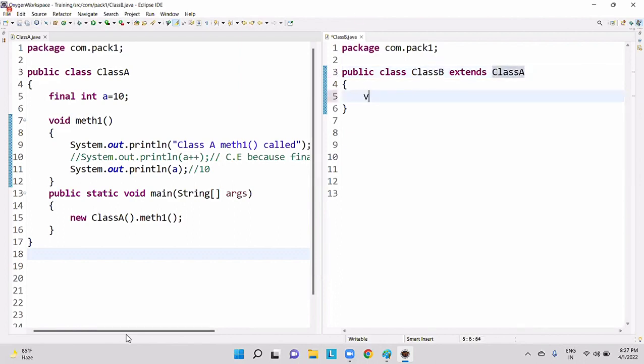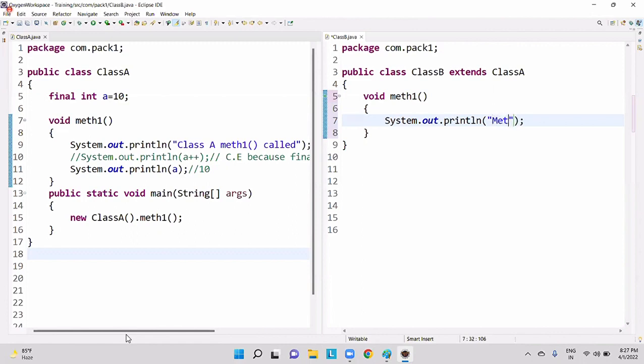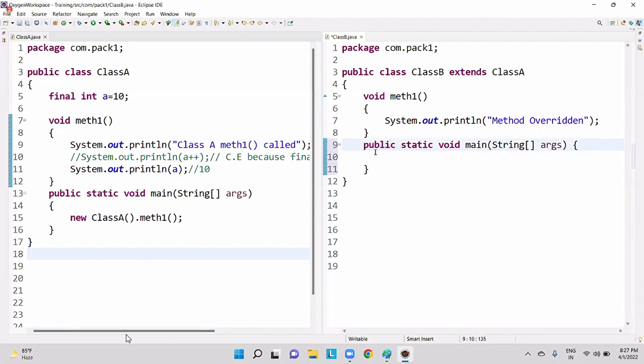So void method1, and here I simply write System.out.println("method overridden"). Now the main method. Guys, by the way, can you please help me out and give me the code inside the main method?